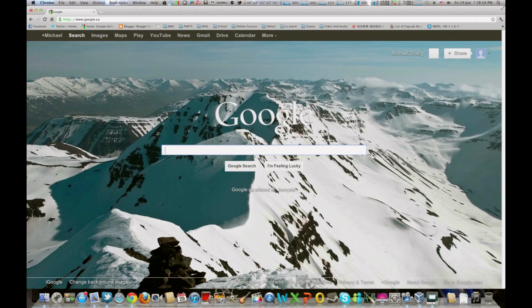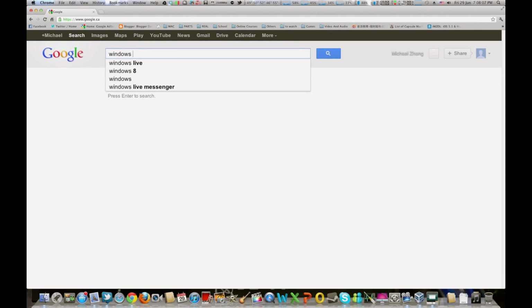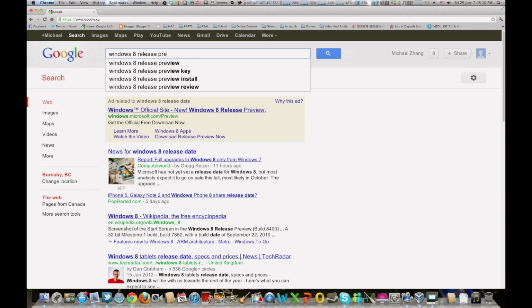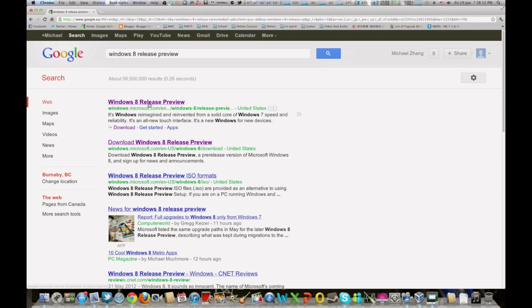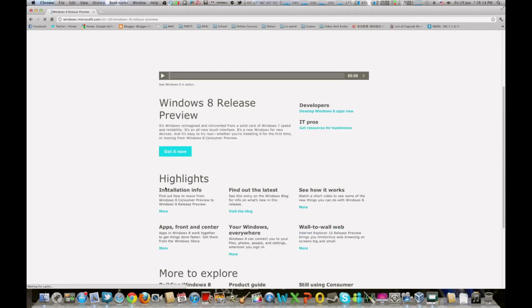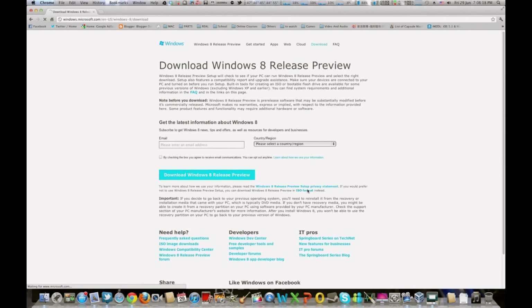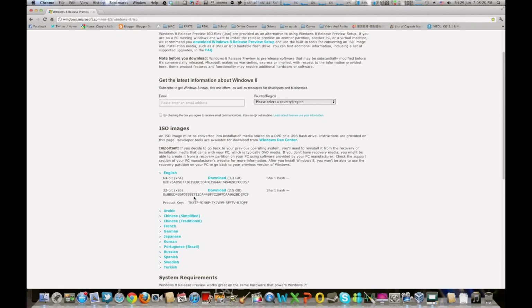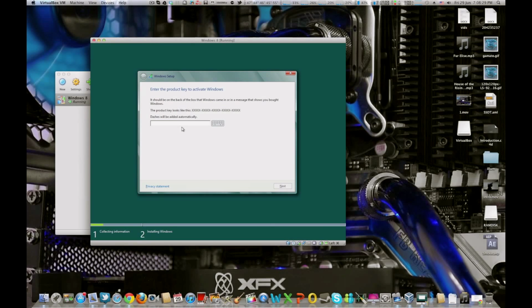And after you've done that, you want to go over to Windows 8 Release Preview once again. Click on that. Go over to Get It Now. Same procedure as before. Click on ISO. And copy this product key right here. So I'm just going to Command C right now. And minimize this. Go over here and